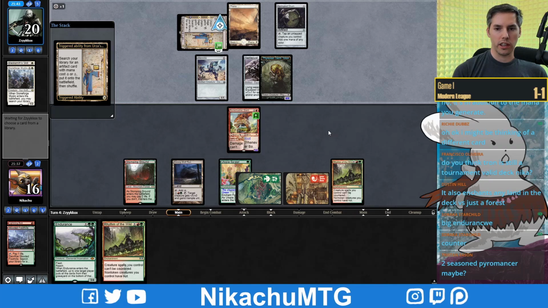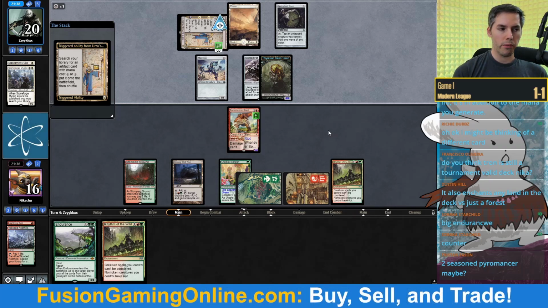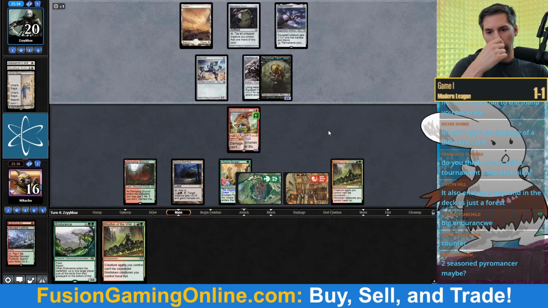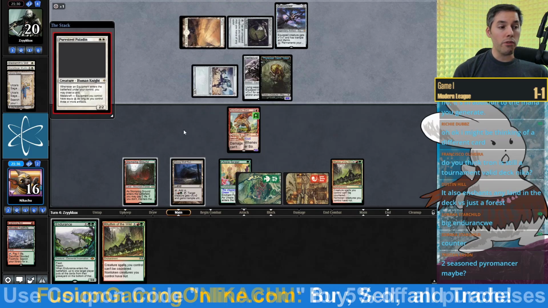We still have an Abosh to get to, remember. We have an Abosh to go get. Two Seasoned Pyromancers, maybe? Seasoned Pyromancer's not very... The thing is, by turn 3, I want to be playing my big, fatty creatures. I don't have a problem...